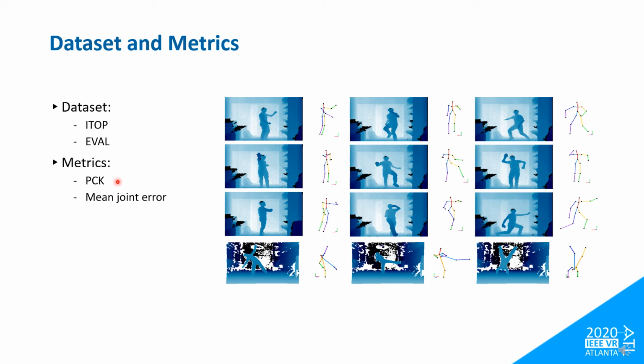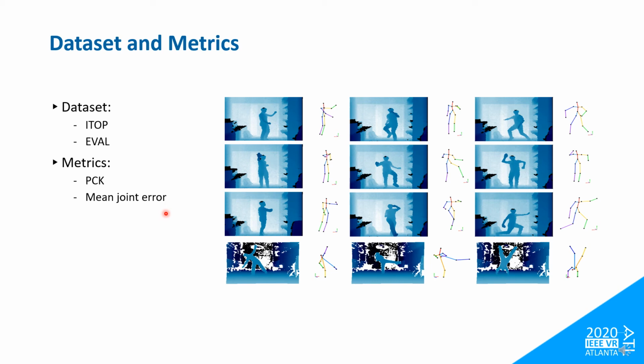The PCK value is the percentage of the detected joints out of all human joints within a given distance error threshold. The MAP is the average PCK for all human body parts. It shows the overall robustness of the pose estimation method. The other set of metrics is the mean joint error, which is defined as the mean 3D distance error of each human joint. The mean joint error can indicate the accuracy of each joint.